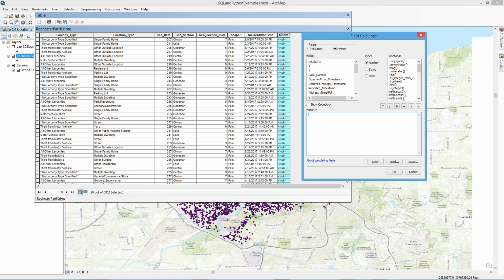So it's arcpy.time.ParseDateTimeString, and then open parentheses, and then I'm going to select my incident date time value. When I double click it to bring it into the expression, it automatically adds the exclamation points. And then I'm going to close parentheses, add a period, and type in